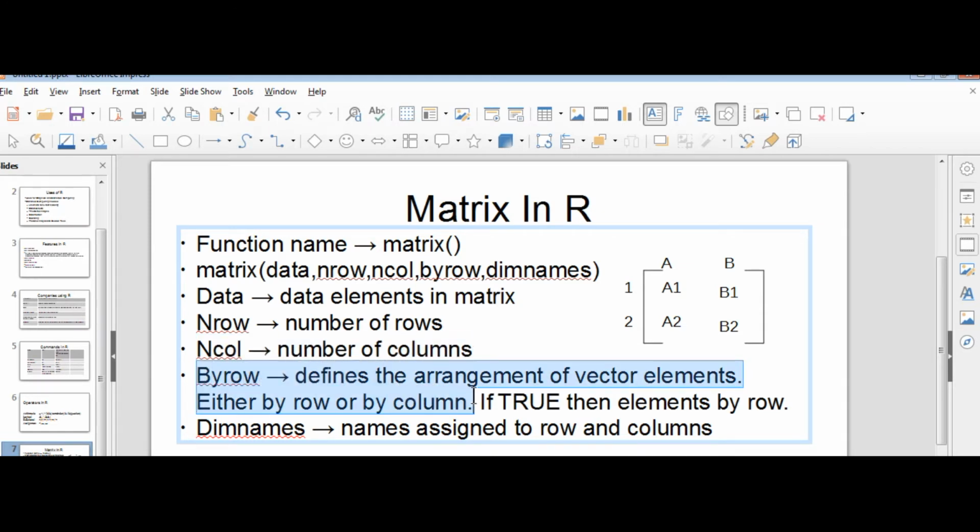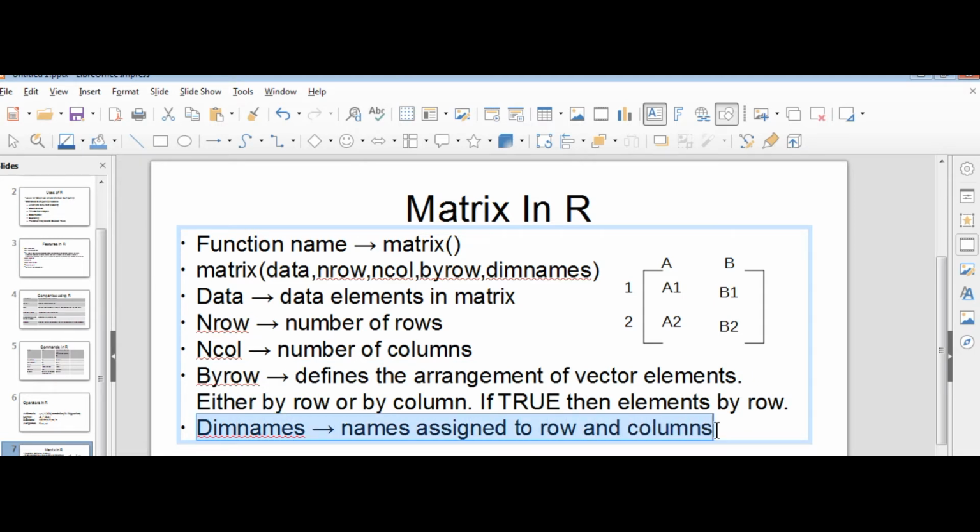What is nrow? The number of rows which should be present in the matrix. ncol is the number of columns that should be present in the matrix. What is byrow? Byrow is a parameter which arranges the matrix elements in a specific format. If the value is set to TRUE, it will arrange the values in row format, that is, it will fill the first row first and then come to the second row.